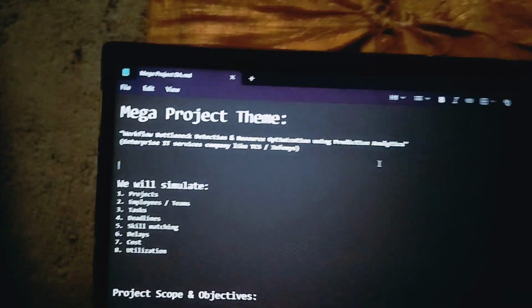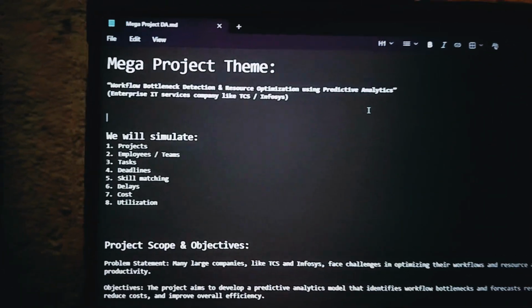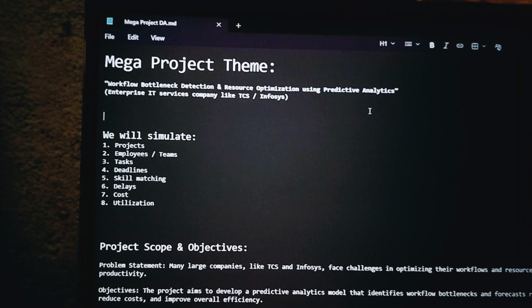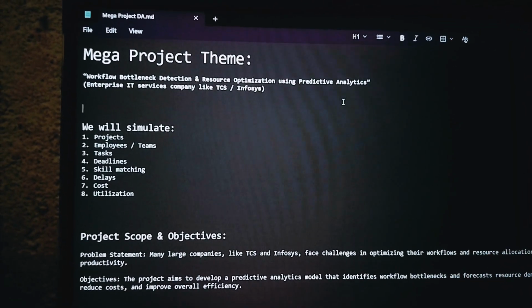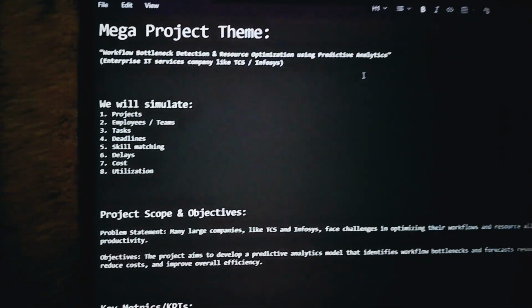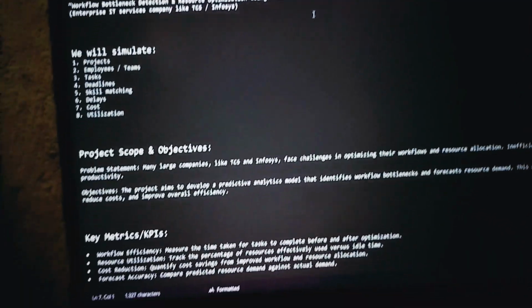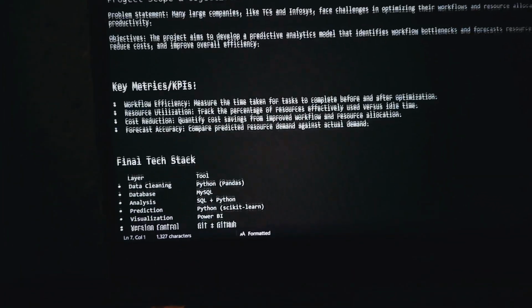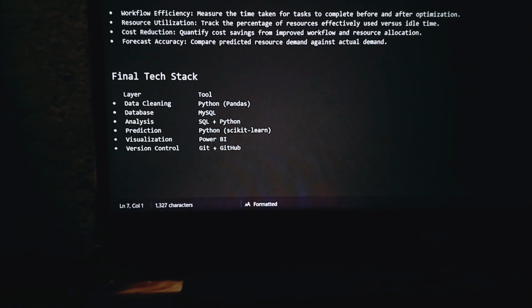I have created a markdown file for my mega project of workflow, bottleneck, direction and resource optimization using prediction analysis for enterprise IT services companies like TCS and Infosys. In this I have written down what we will simulate, like project scope, objective, key metrics, KPIs and the final takeaway, which tools we are using, the layers, everything, in the markdown